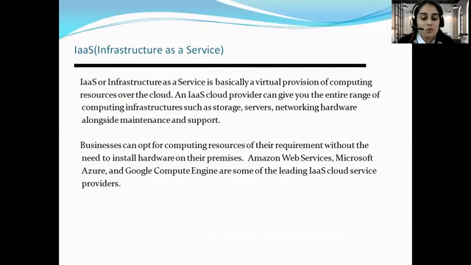It is a computing infrastructure managed over the internet. The main advantage of using IaaS is that it helps users avoid the cost and complexity of purchasing and managing physical servers. Various characteristics of infrastructure as a service are: resources are available as a service, services are highly scalable, dynamic and flexible, GUI and API based access, and automated administrative tasks. Examples of IaaS are DigitalOcean, Amazon Web Services, Microsoft Azure, Google Compute Engine, and many more.